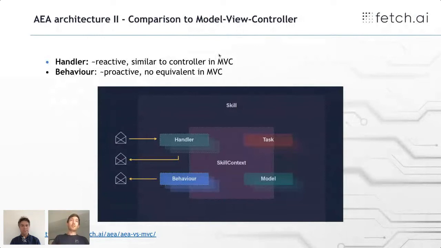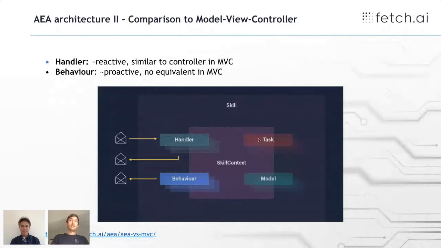And there's a certain analogy to how you can think about an AEA. So a skill will have a lot of handlers. And these handlers are reactive in the sense that they are given messages in a specific protocol and then can deal with them as implemented by the developer. And so they sort of model this concept of a controller in some sense.